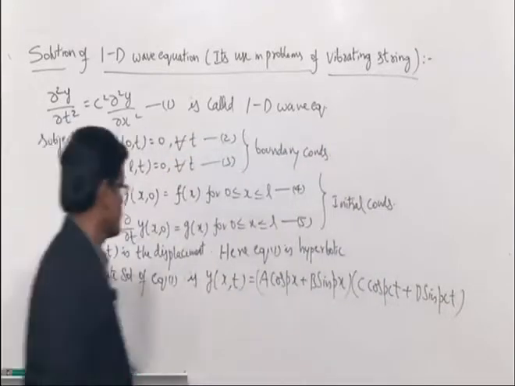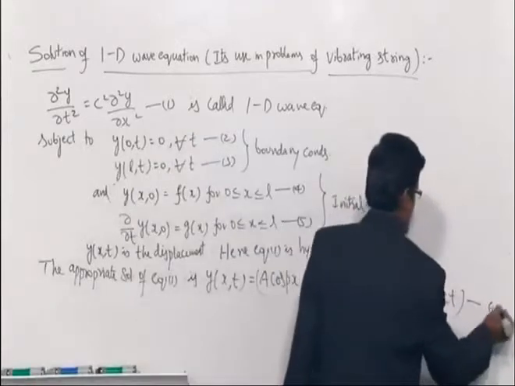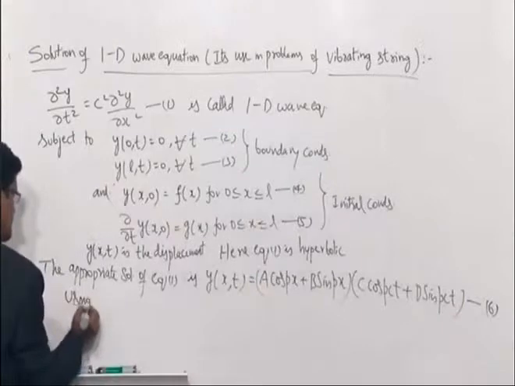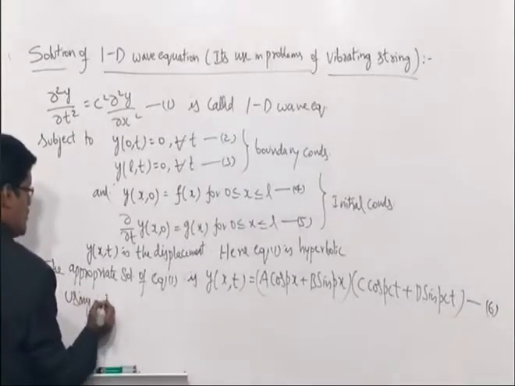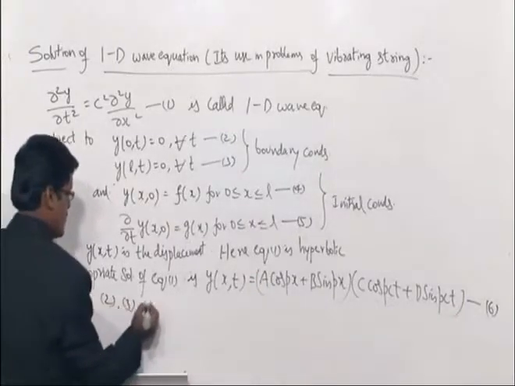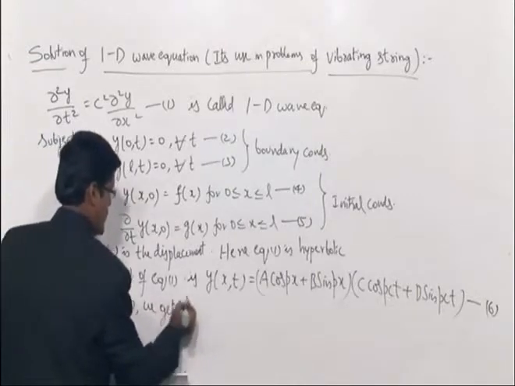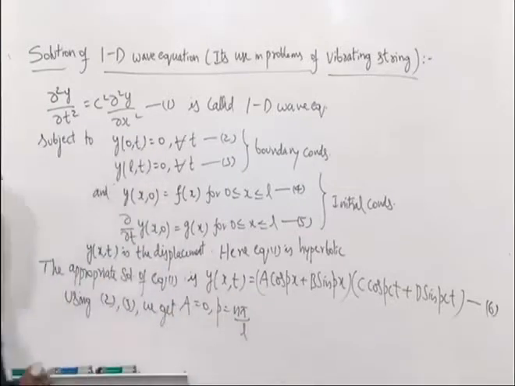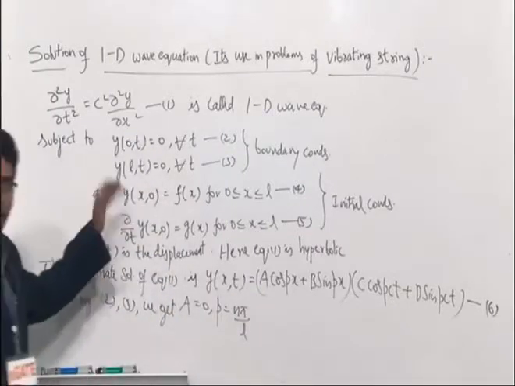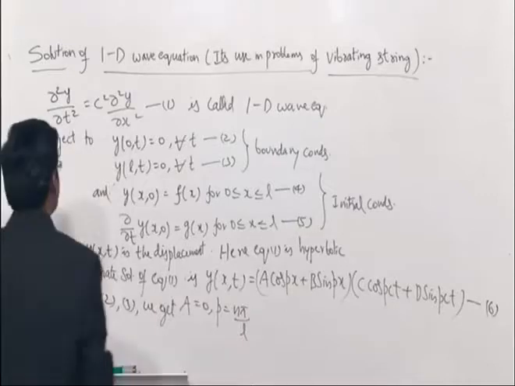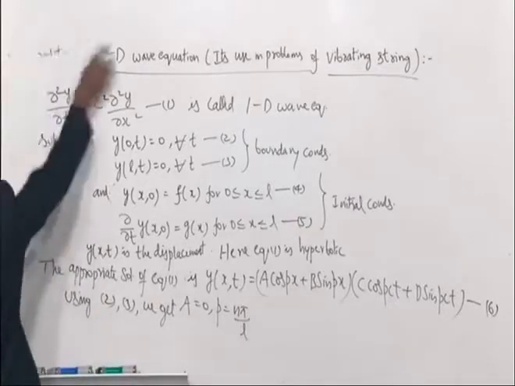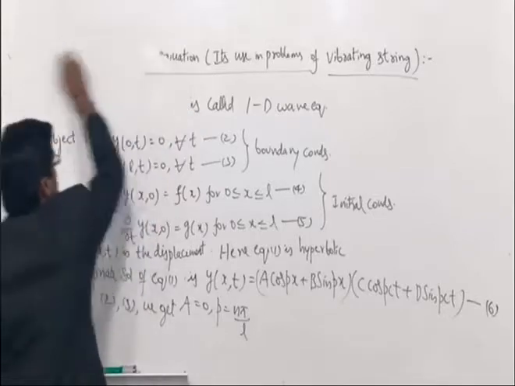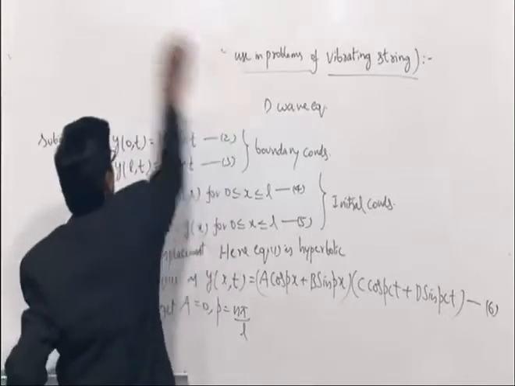Okay, let us say this is equation 6. Using 2 and 3 we get A is equal to 0, p is equal to n pi by L. Just, these proofs are available in the textbook. After this, the last, the 6th, what I am going to give, the equation, you just learn by heart, the solution, that is